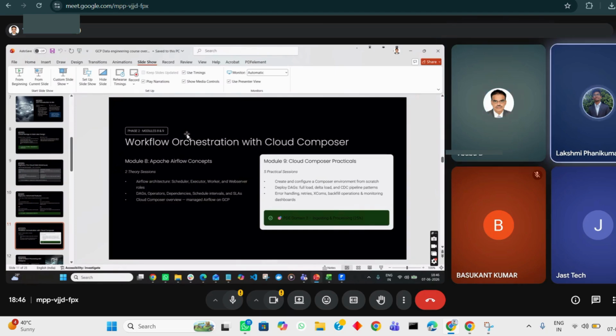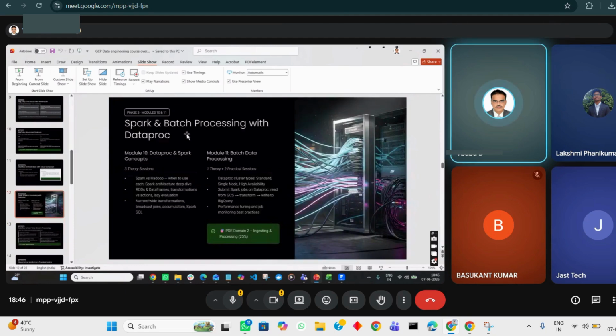Everything will start with Spark. In the background the engine is always Spark, which is nothing but a version of Hadoop. We are going to use Spark for any kind of batch processing. But they have one more product called Dataproc, which is the managed infrastructure for the Spark engine.